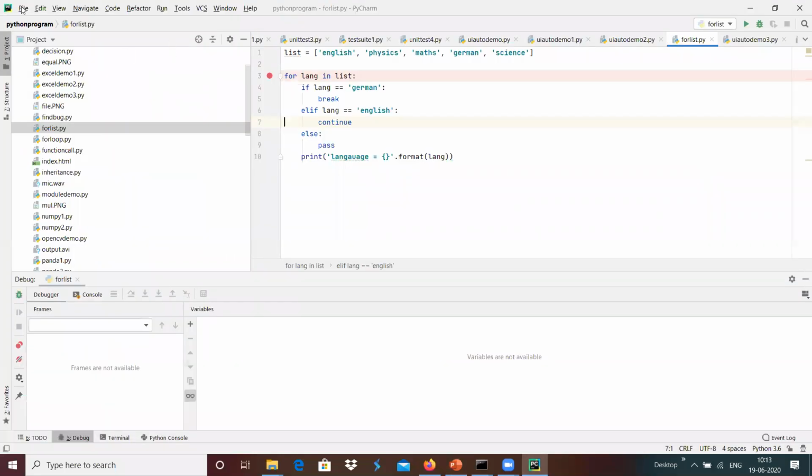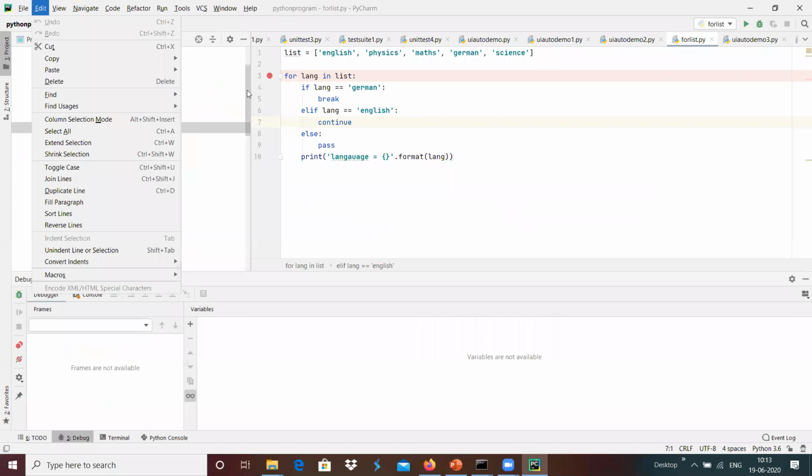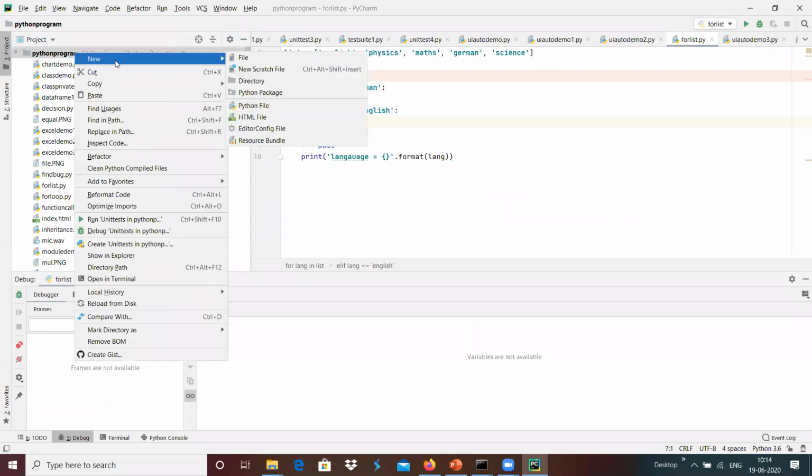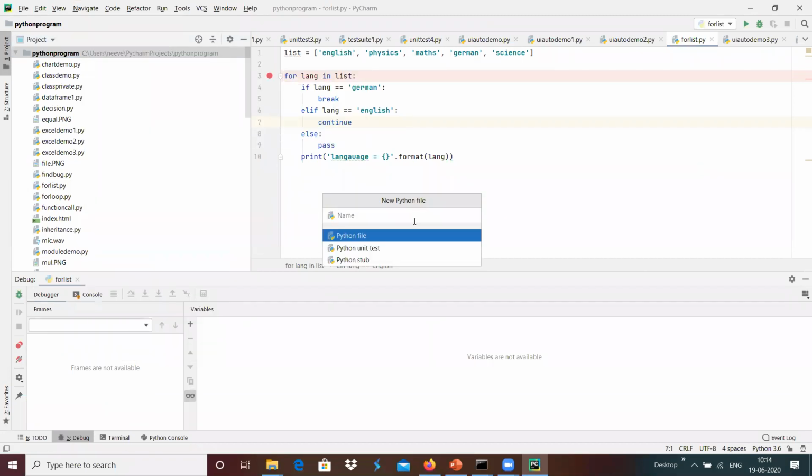I'm going to create a simple program, a new Python file called hello input.py.